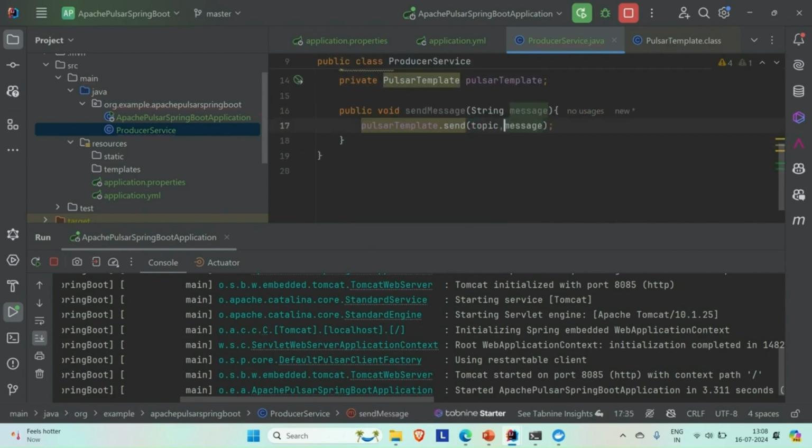So we have to pass this topic here as well, and we are good. So this is what we have to do. And now